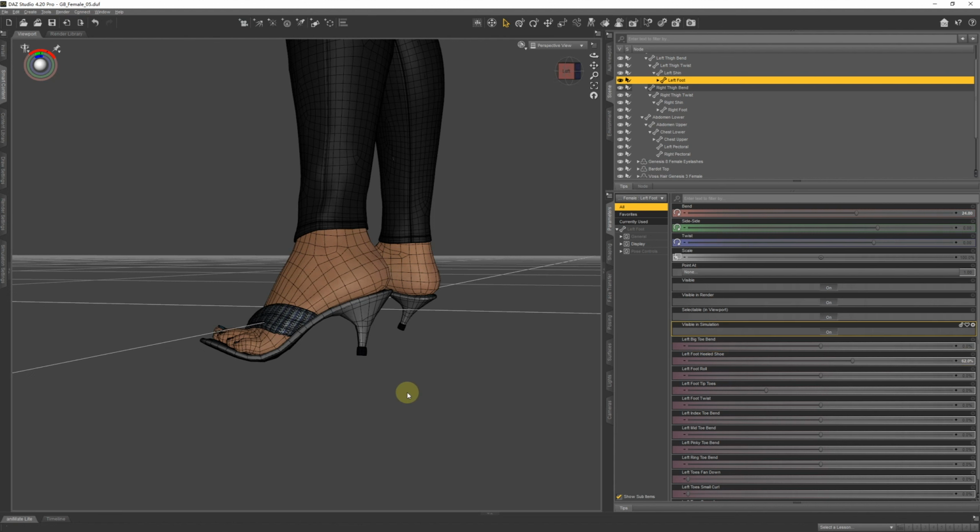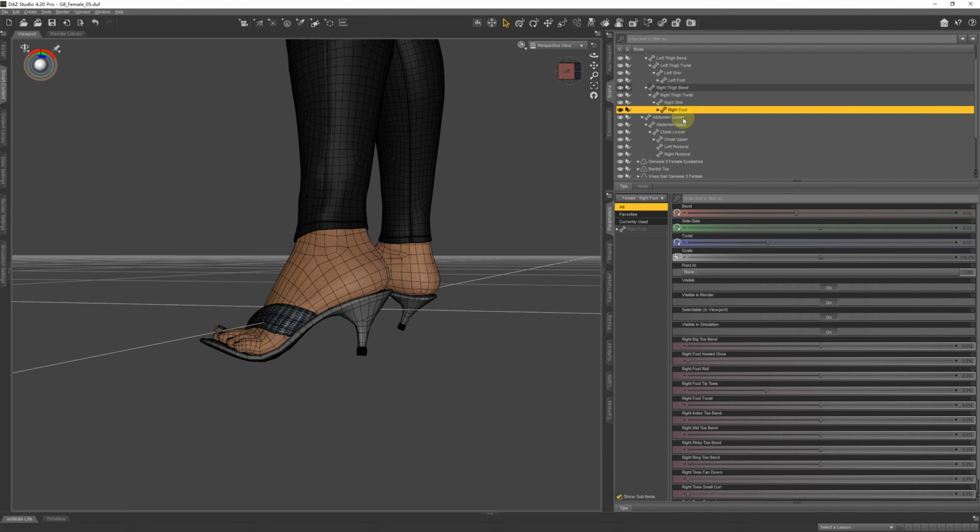Maybe 62 is good. Do the same with the right foot.